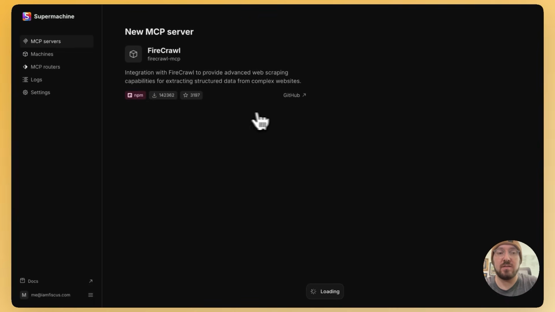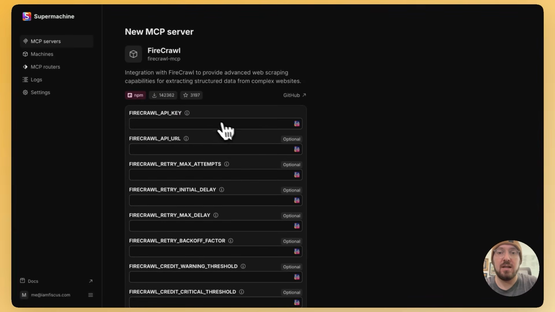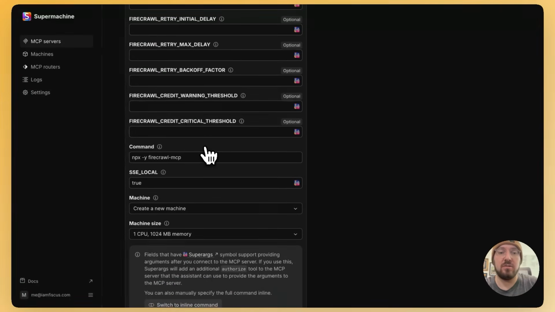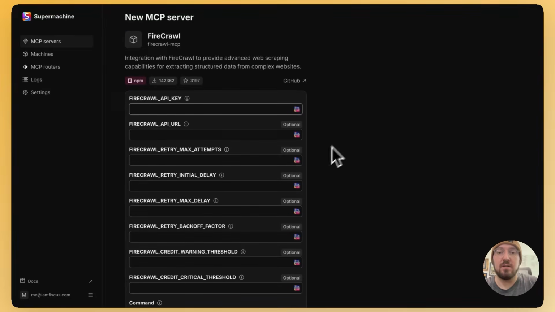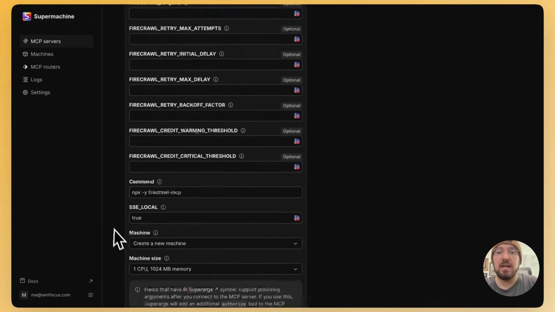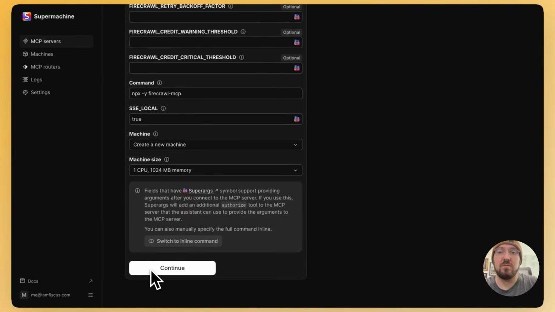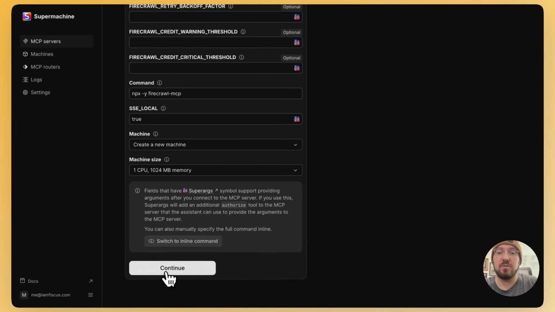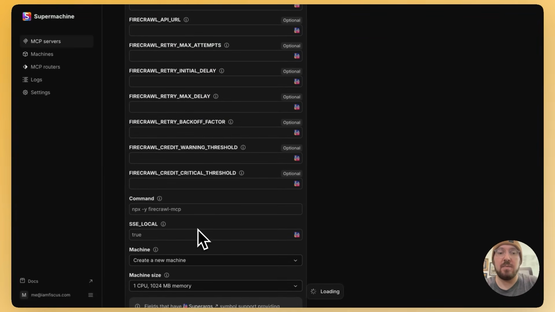server. And what it's doing is taking the information and recognizing by default what you need to include in your startup. So the easiest thing you need to do is just use your API key, and then if you want to use an optional, you can go ahead and do this. Then all you need to do is press continue, and it'll implement. So we'll just put in some random numbers. We'll go ahead and continue, and it'll take a minute